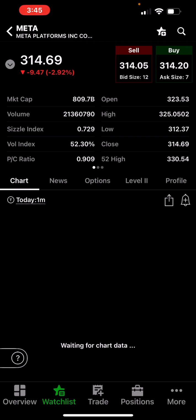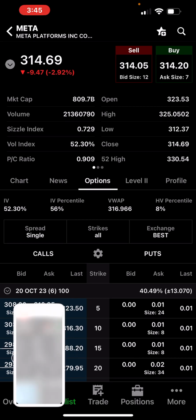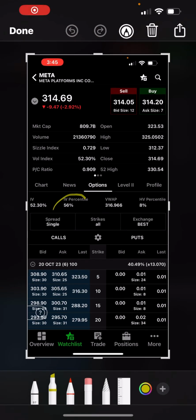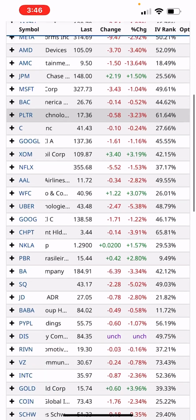We're waiting on it to pull up options. So see, this one has 56. Bar chart and TD might be right compared to Tasty. So always do your due diligence. But you can see that you get mechanical, and you look and see what you want to do maybe for